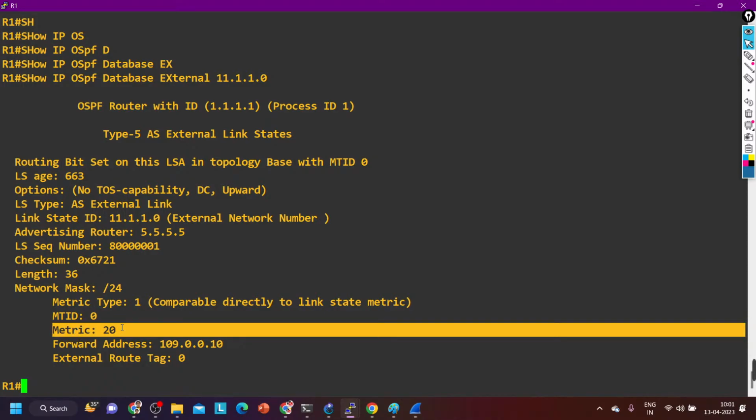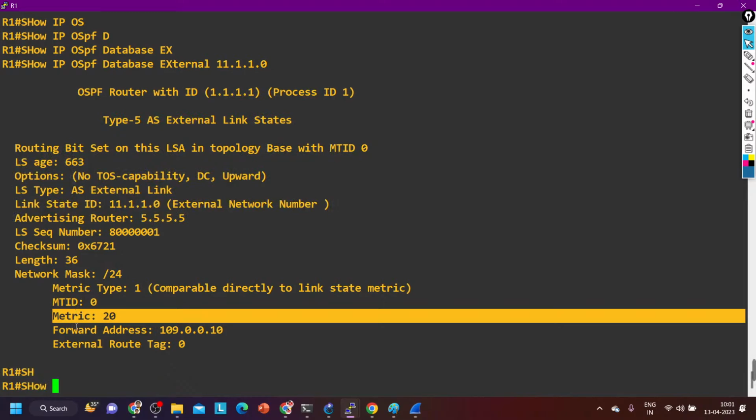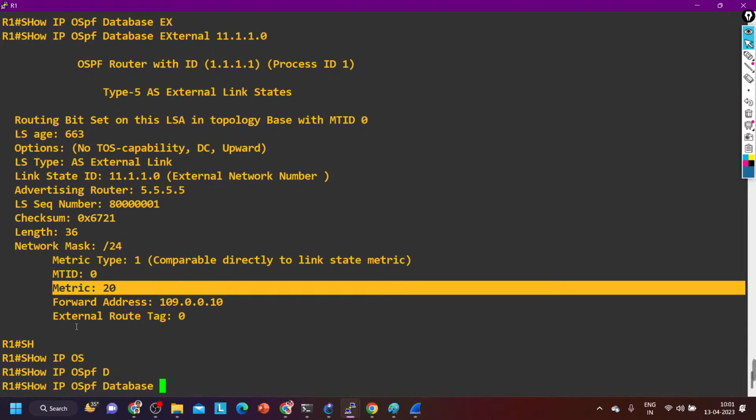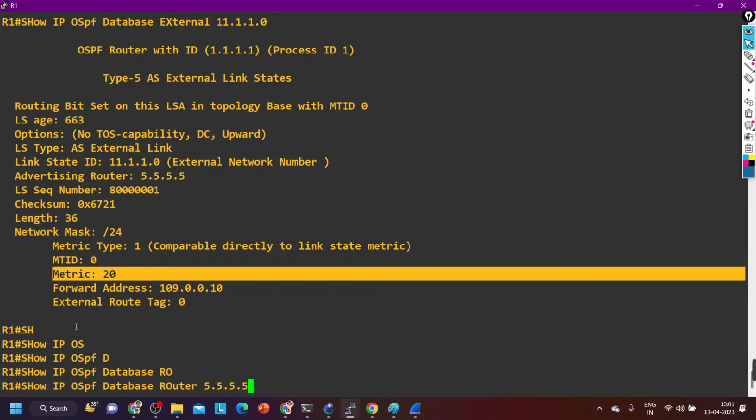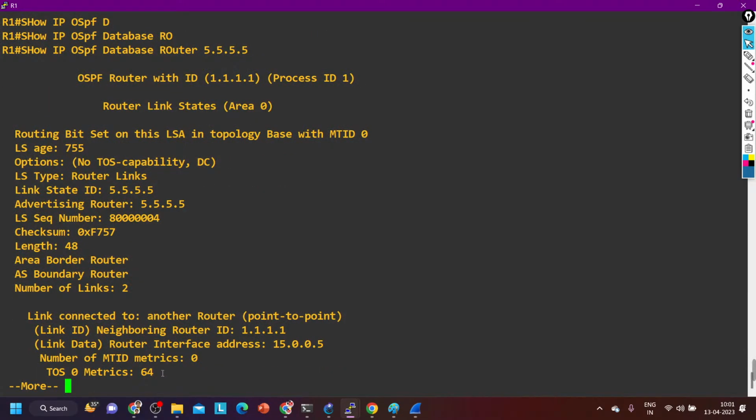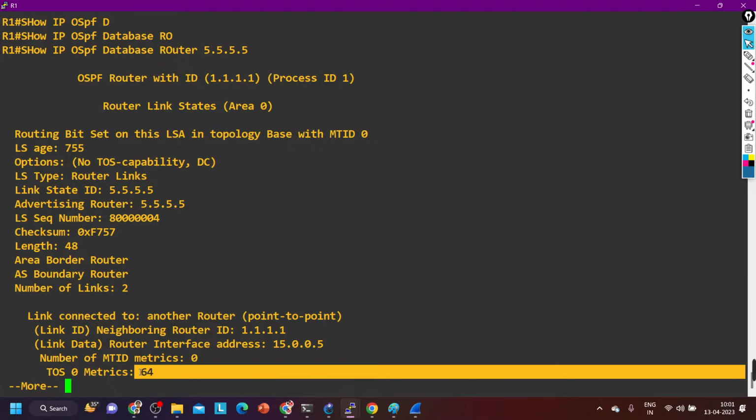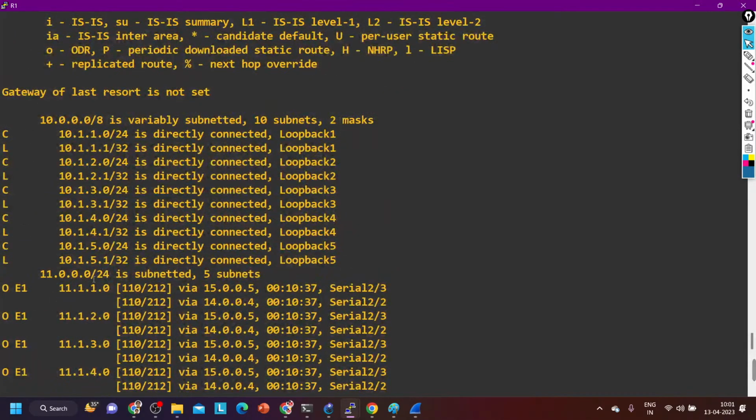The metric from 5.5.5.5 to this network is 20. And the metric from me to 5.5.5.5, so show ip ospf database router 5.5.5.5, what is the metric? 64. So the total metric should be 84, yes or no? But in the routing table you can see the total metric is